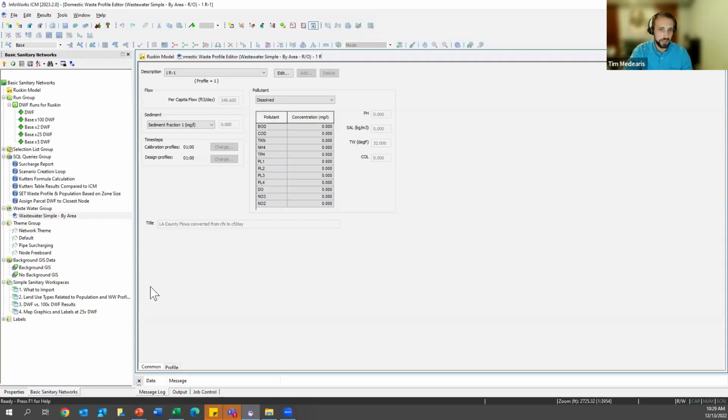So inside of InfoWorks ICM, you can see I've got my wastewater profile object that has multiple curves that match up to some of those types in there. So this model is all residential. So I've got my 4 different residential curves and then my 1 commercial curve in here as well. And the way the InfoWorks ICM engine works, at least, is that everything is based off of a per capita flow instead of per area. But you can easily convert this per capita flow to per area by basically assigning the population of these different